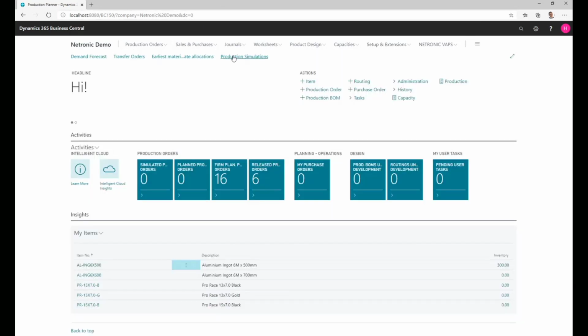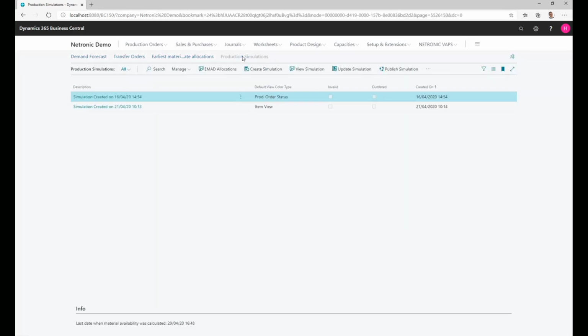So the first thing I want to talk about is simulations. What we have the ability to do here is to create more than one planning simulation without committing it back to the actual production orders themselves. So when you create a simulation, it copies the current set of data within Business Central in terms of your production orders, and then you can go into that simulation and change that around. So if I go and click on my first simulation here,